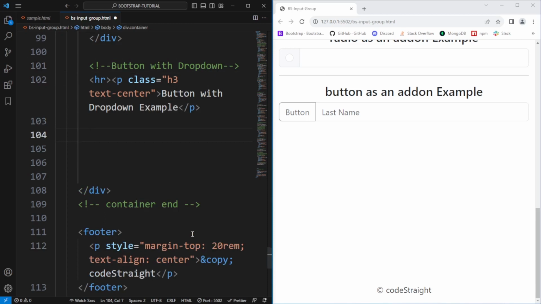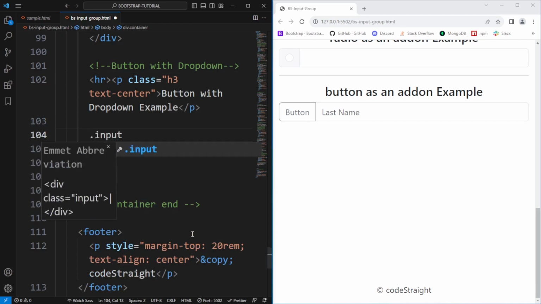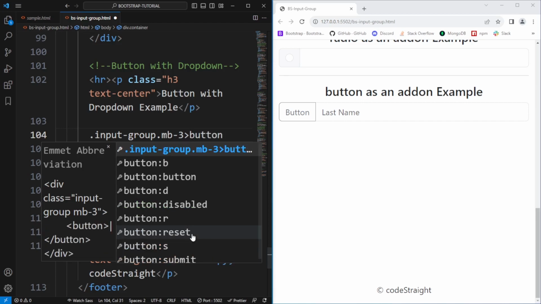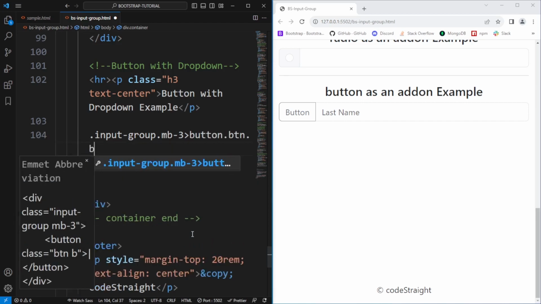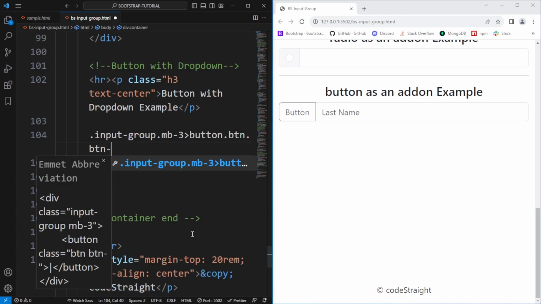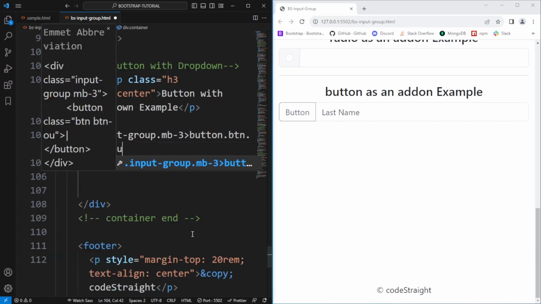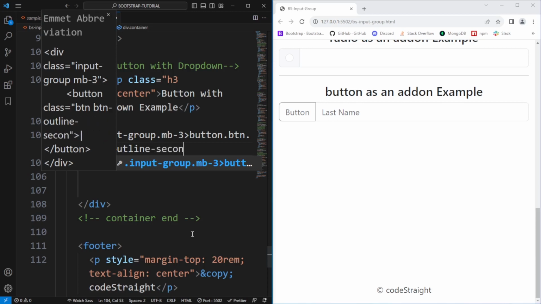And after that, I'm going to add in here a class, say input-group, we don't need hyphen here. Now let's add margin bottom -3, excuse me, and inside that div let's have button with btn btn-outline-secondary class with